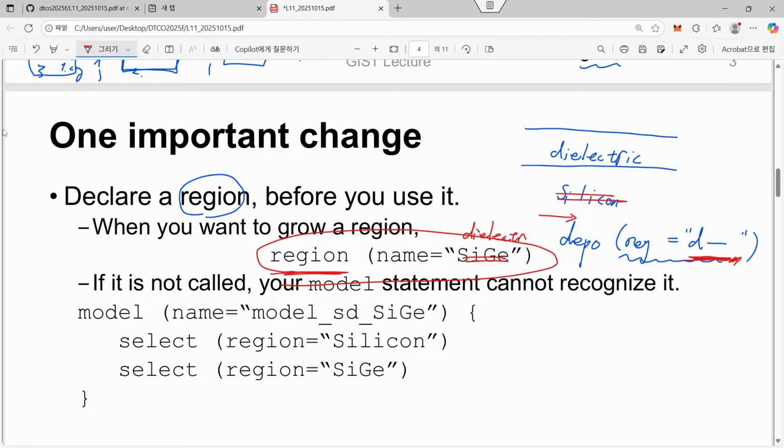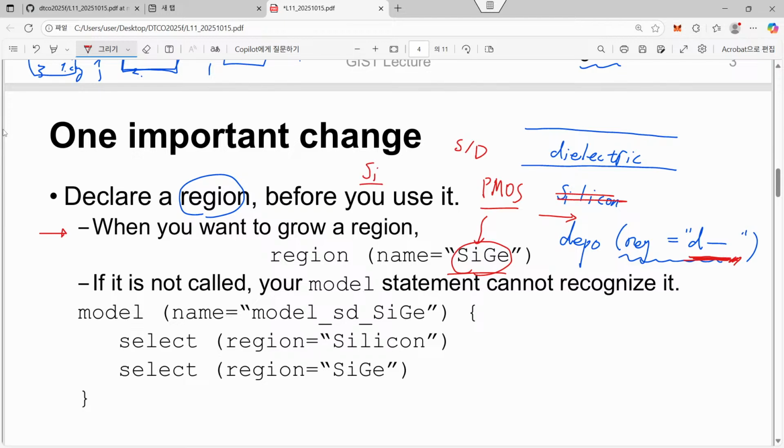So in this example, let's have a look at my own example. Let's assume that you wanted to introduce a new region whose name is silicon germanium. Actually, we will do this job very soon, maybe in the next lecture or the second next lecture. And this silicon germanium is used especially for PMOSFET to make source and drain. In the case of NMOSFET, we do not use silicon germanium. We just use silicon